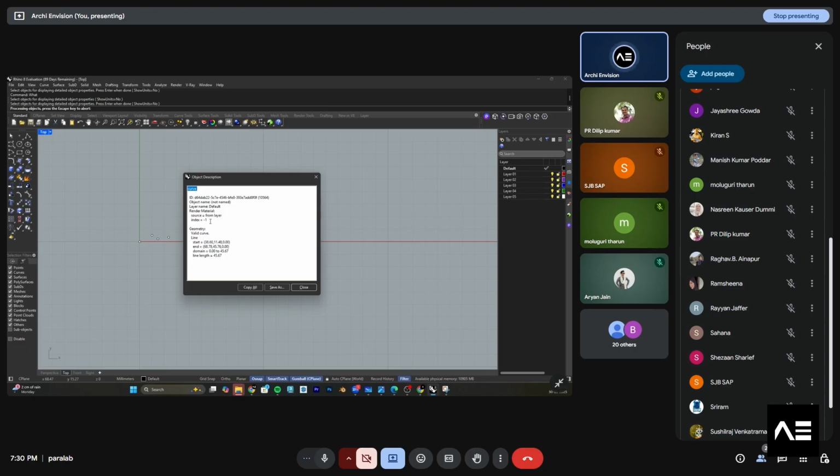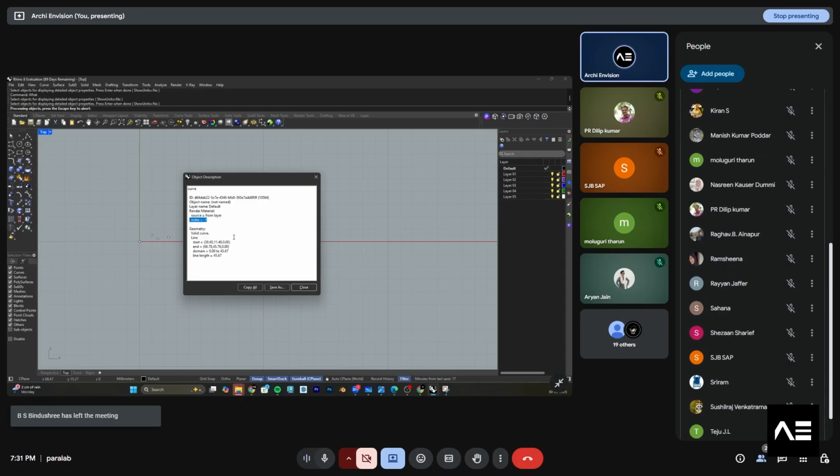Here we will see the index, and here we will see the starting point and ending point. These are the things to think about, and it also shows the line length. So these are the aspects we have to focus on. I'll talk about the index later, but these are the four things to notice when given a point or a line.